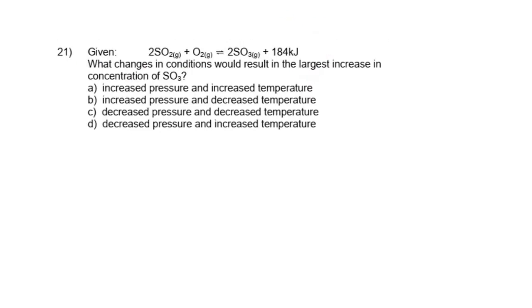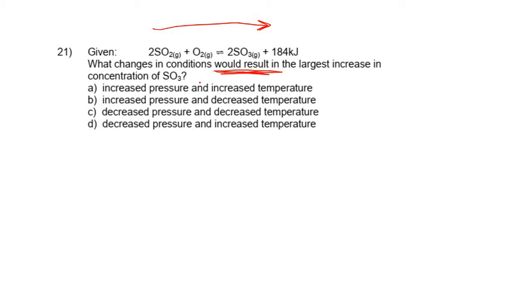Okay? Next up, 21. Which change would result in? So these are the trickier ones where they're giving you the outcome and asking you for the stress that caused it. So we want to result in an increase in SO3. So how do I make more SO3? I want to shift right. Okay, so now it's asking me which of the following stresses is going to give me the desired shift. So now we got to go through each stress and see which one gives us a right shift. So let's go through each one individually.